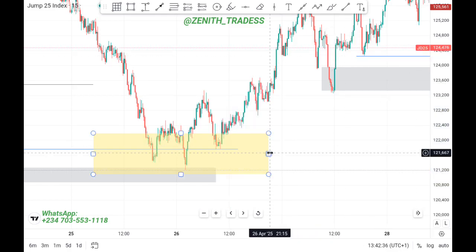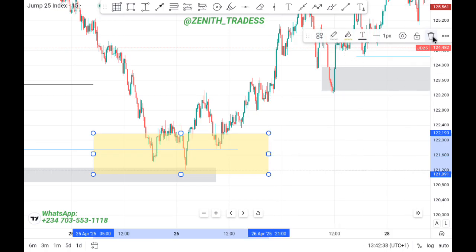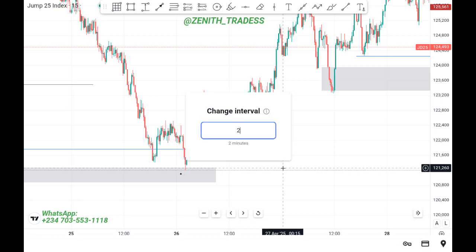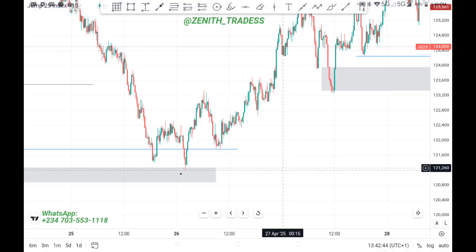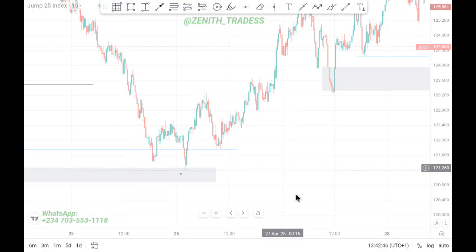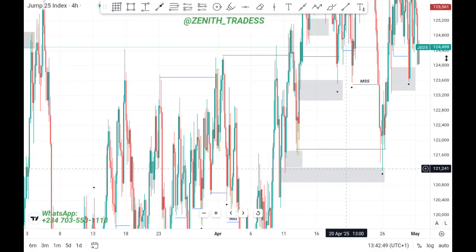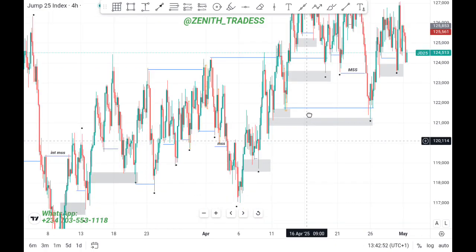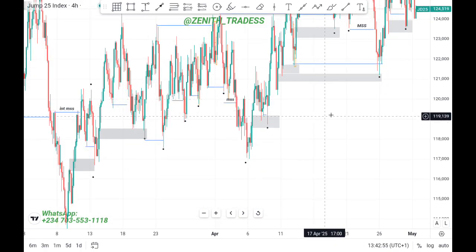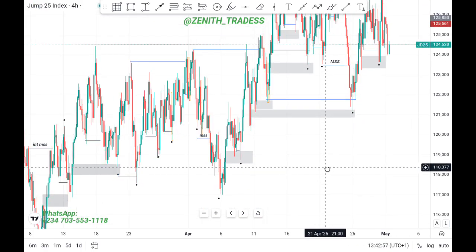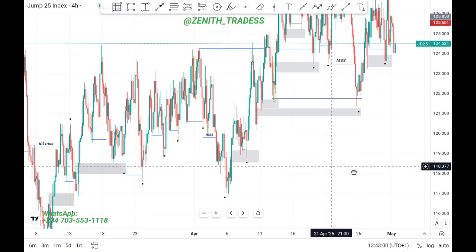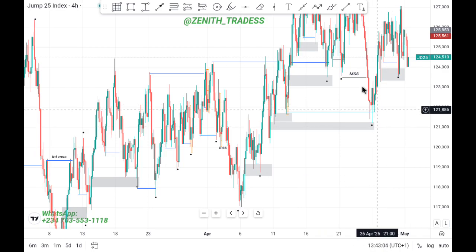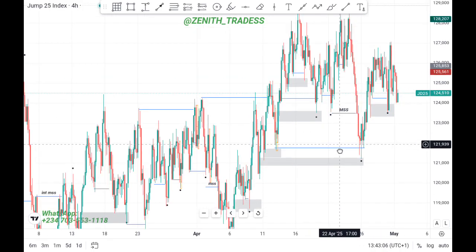We have discussed details of how you can use CRT in the CRT video. So let's focus much more on reclaim block here. Let's go back to 4H and look at more examples, and probably we'll also go to another pair to see more examples. There are more examples, but I can't mark out the price actions that are a week old, because for us to go back, trading it back, derived trading view is not like the currencies. We can't use replay to cut it. So this one we just look at now, just before market structure shift,